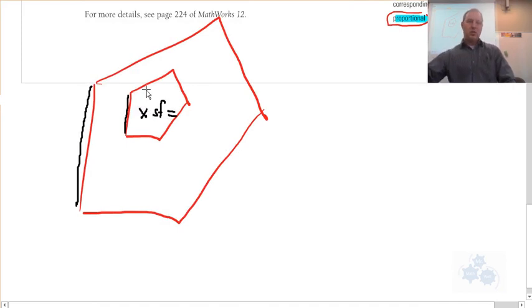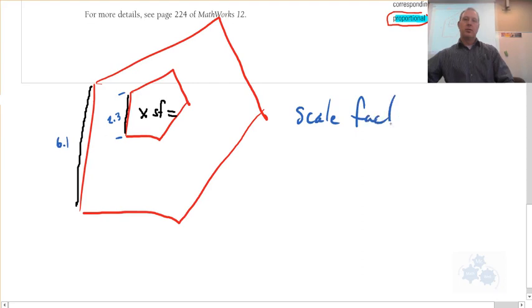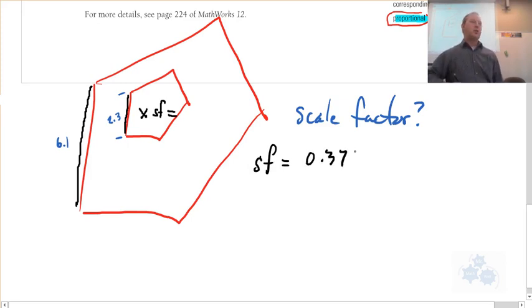And let's say we measure this and this is 2.3, and this one is, say, 6.1. So what is the scale factor between these two? What's the scale factor? You want it in fractions? No, in decimals, fine. 0.37, you say. Okay, so how did you do that? Well, we know that scale factor is scale over original. So we just do 2.3